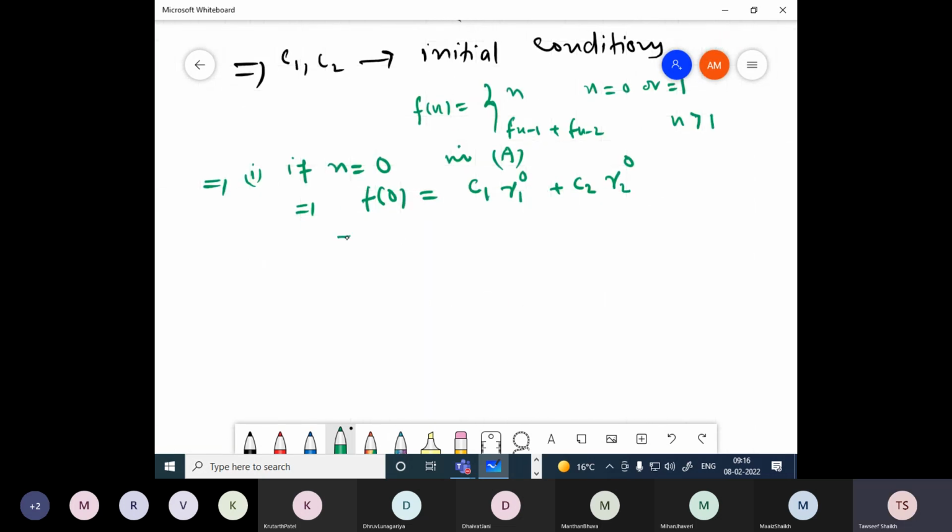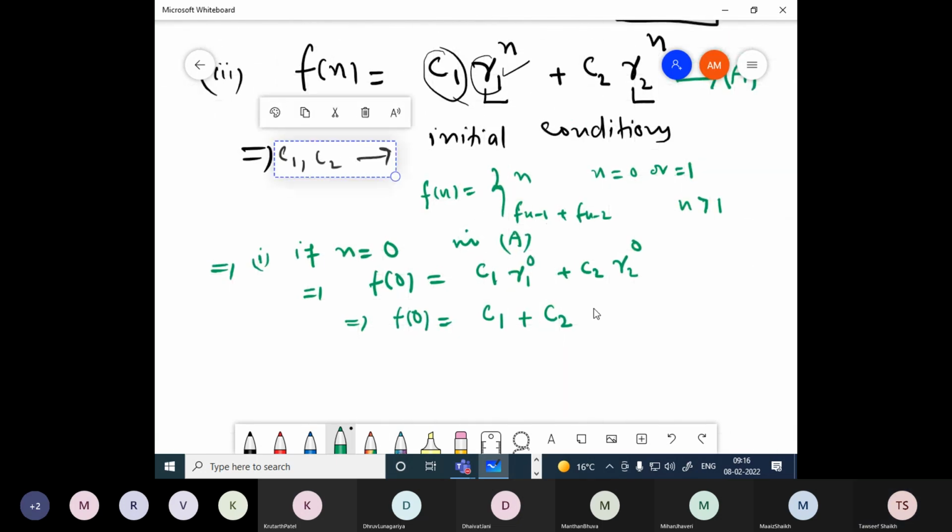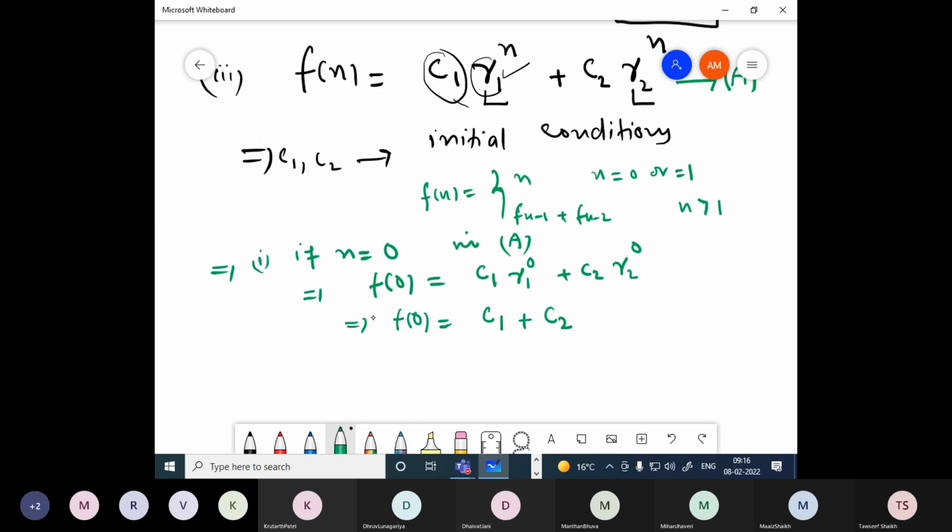So f of 0 will become equal to C1 plus C2. But f of 0 is equal to what? When n is equal to 0, this will become C1 plus C2 is equal to